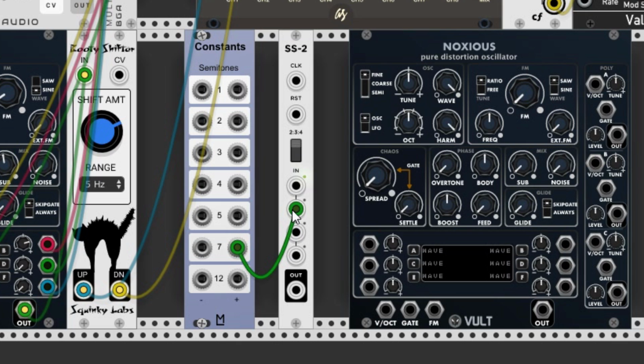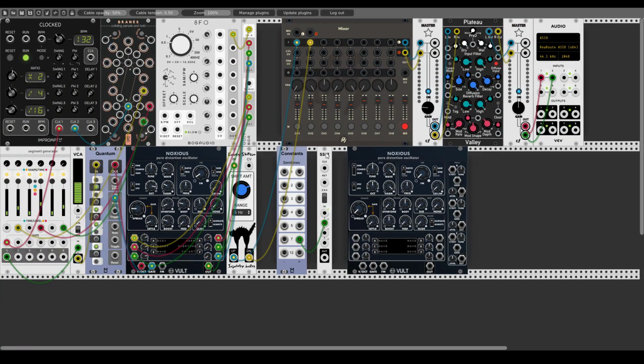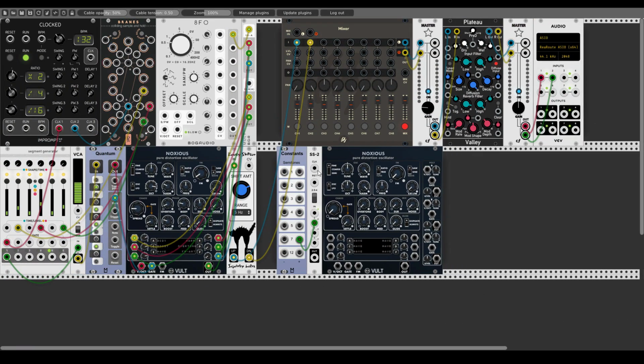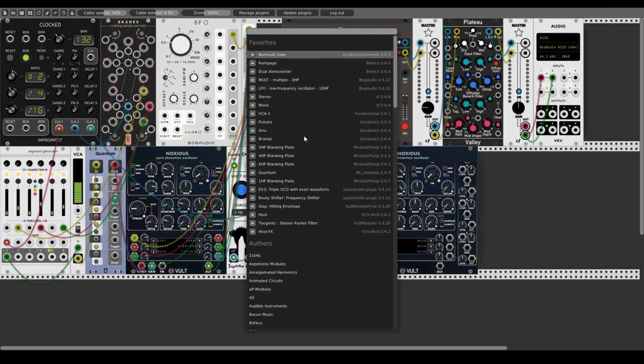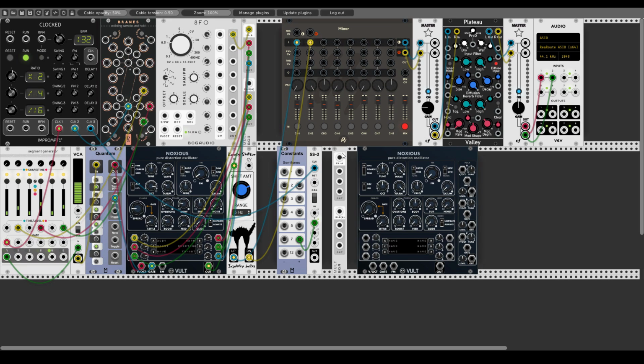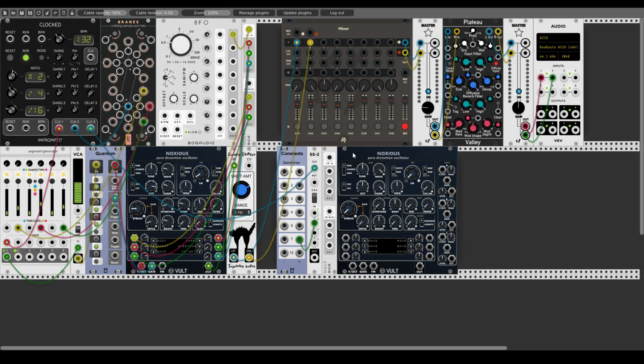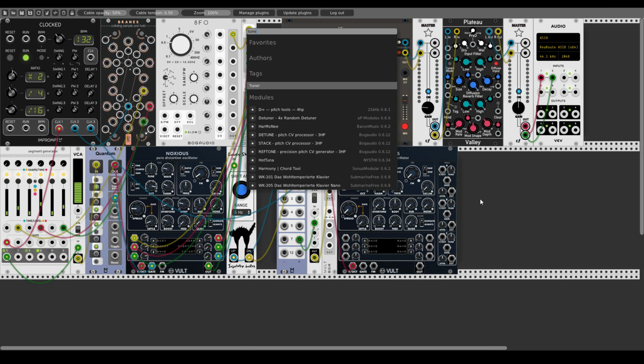So each time the switch will hit its second step, the pitch of the oscillator will go up by 7 semitones. Now we will use a much slower clock to run the sequence, so let's use a clock divided by 16. And I will use actually another mult, because I will want to send this voltage to the other voices as well. And let's send it first to the main oscillator, so from the switch to the mult, and then to the first oscillator's volt per octave input. Now we also have actually to tune this oscillator.